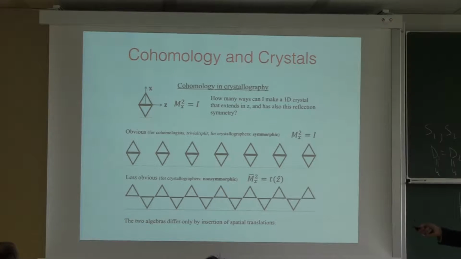There's an easy way to do it, which is this one, which is obvious. But there's a less obvious way to do it, which is this one, where you take this one, move it by half a unit cell, and then translate it. Now, these are the only two ways of doing such a thing, and I'll come back to it later. But the moral of the story is that, for example, you're never going to find crystals where you have mirror symmetry and translate things by a third of the unit cell. It's always a half of the unit cell, and there's a mathematical reason for that.